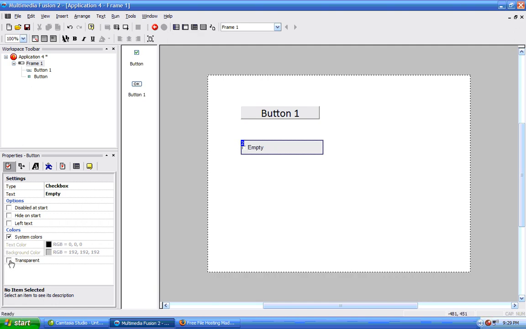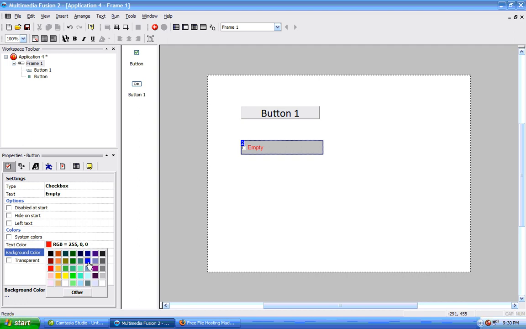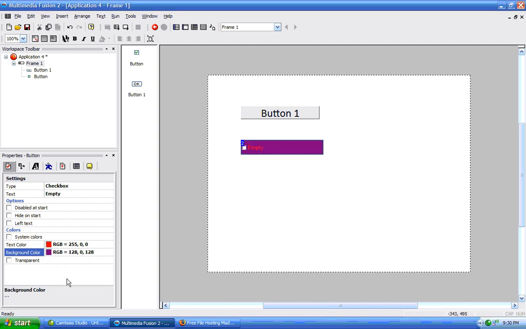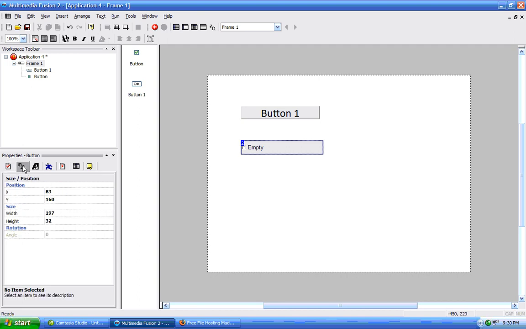And now I'm going to uncheck that, and we have the system colors checkbox here. We can either have the system colors, which will use your default system colors for this. If this is unchecked, then we can choose our text color, and we can choose our background color to whatever we want. Now I'm going to set this back to system colors, and now we're going to go to size and position,